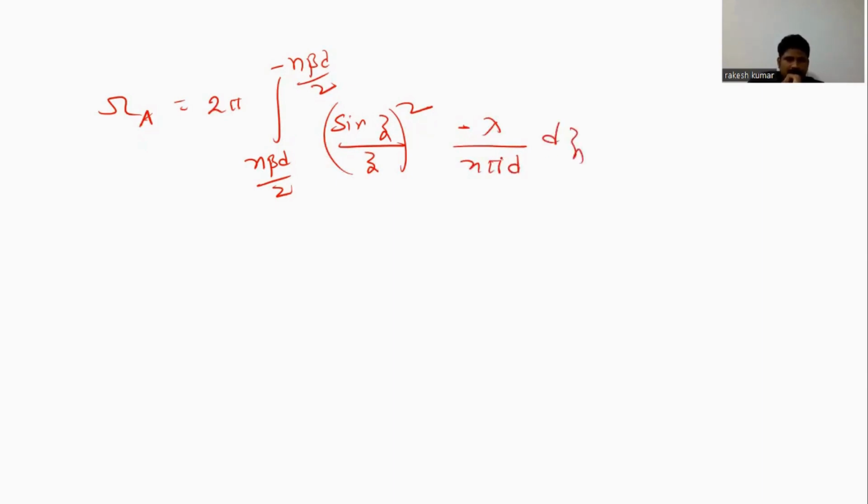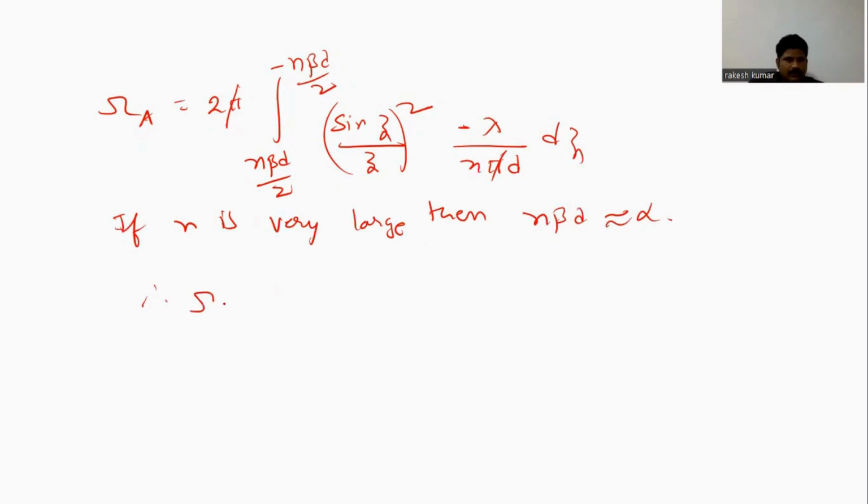Pi will get cancelled. Okay, so if n is very large, then n beta d is approximately equal to infinity. Therefore, sigma a is equal to 2 lambda by nd, from minus infinity to infinity,